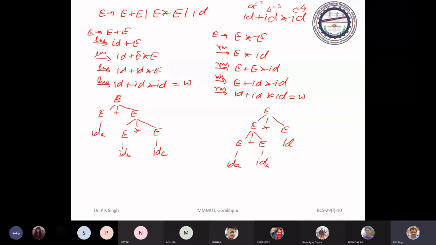This is A, this is B, this is C. If you see both the derivations, in both the derivations you are getting two different syntactic structures.